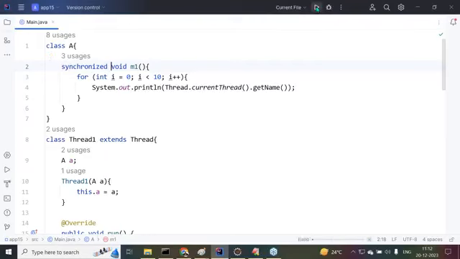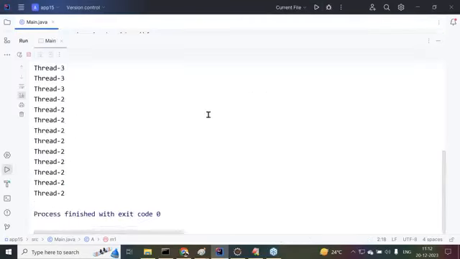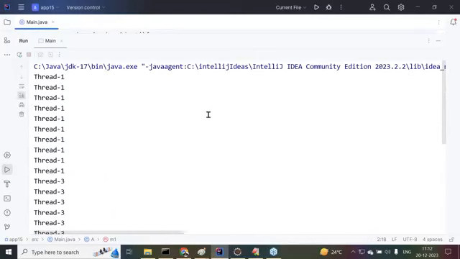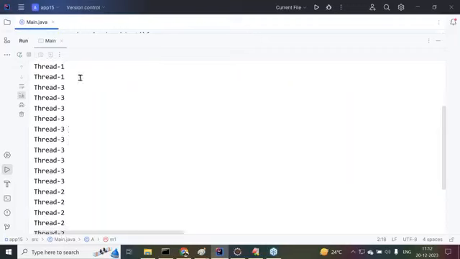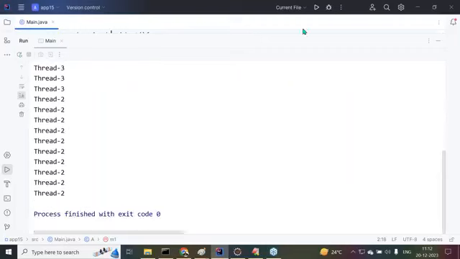Now see this one. In the output here we are able to get, we can take this output either in an IDE or in EditPlus, whatever it may be. First thread 1, next thread 3, next thread 2. Run any number of times, execute any number of times.